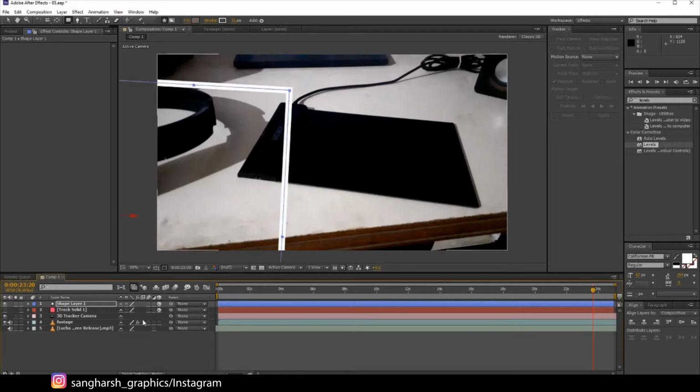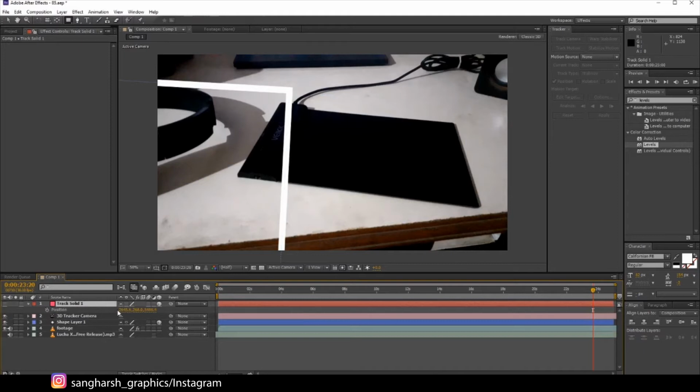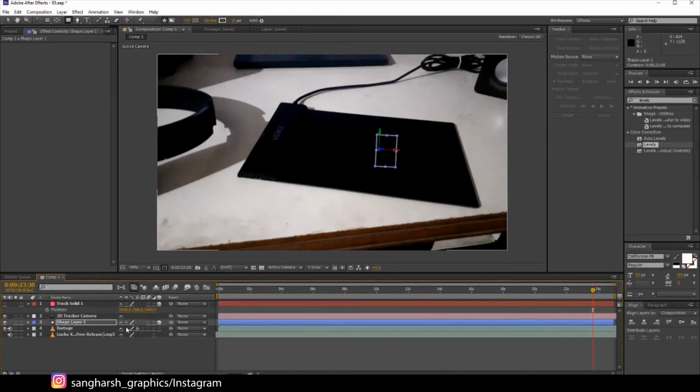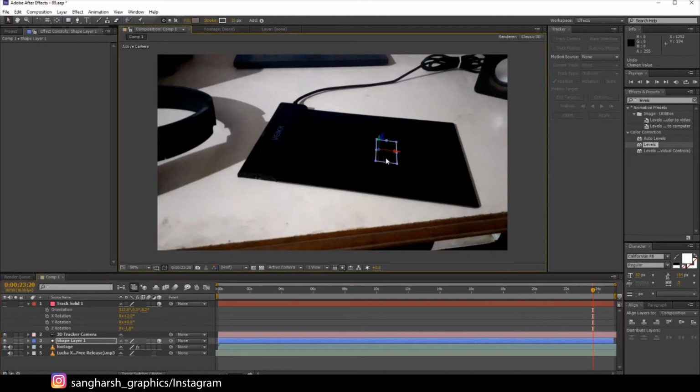Don't forget to make it 3D. Press P to open the position of the track. Press C to copy it and paste it on the shape layer. Okay, let's select the rotation tool now and rotate it, or you can just copy the rotation values of this, like the orient values, copy, paste it here. Press S to scale, or you can just directly scale it from here.